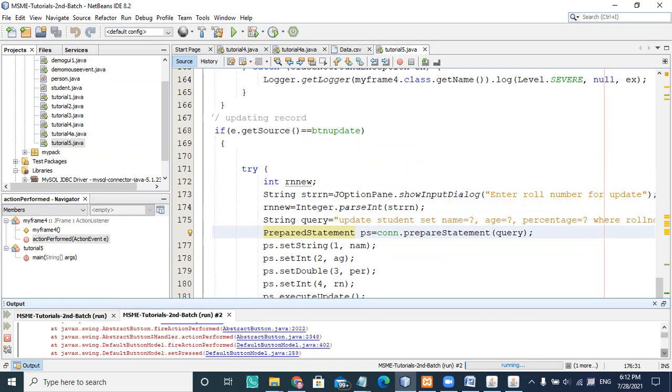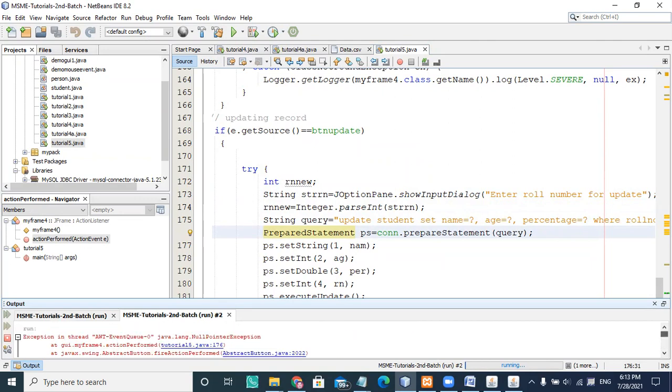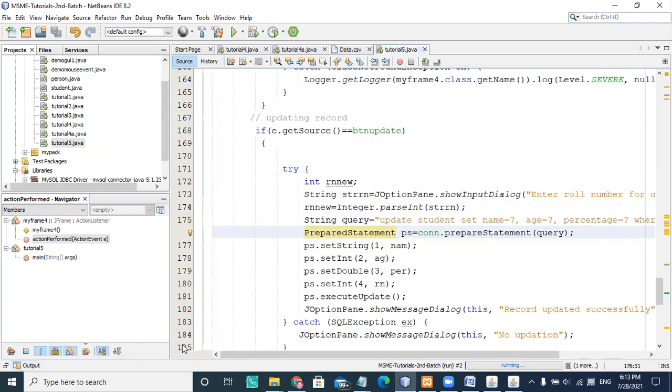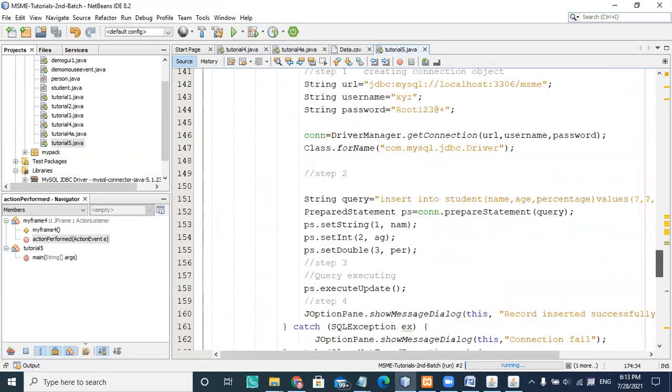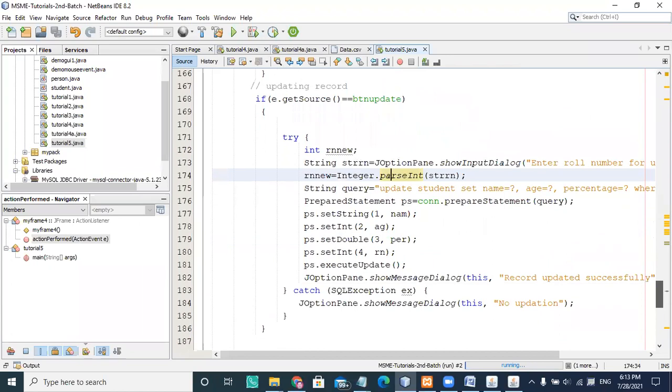Some initializations are not taking place, and that is the AWT event. And so actionPerformed. Yeah, I initialized all the things here. Why is it not working? Initially, the new variable is there.